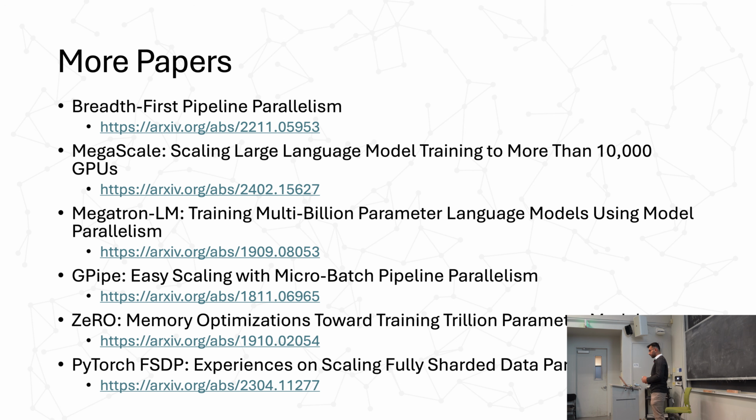Second is the megascale paper, which was actually written by some of my colleagues at ByteDance. And here they talk about some of the challenges that they ran into when scaling LLM training to more than 10,000 GPUs, a feature that ByteDance heavily relies on given all of the ML services that it serves to its users. Some of the things the paper talks about are the new monitoring techniques, the redundancy techniques that ByteDance has come up with to make sure that even if one GPU fails during training, the entire training of more than